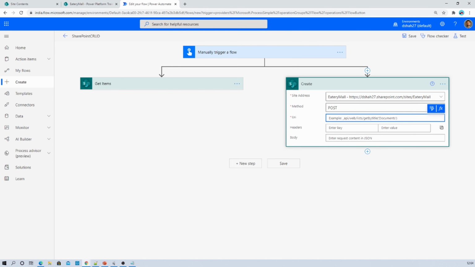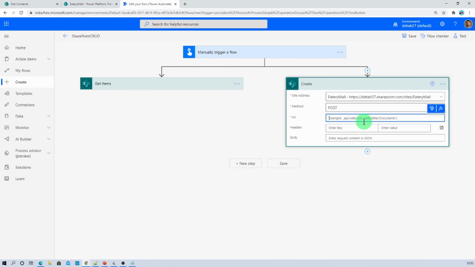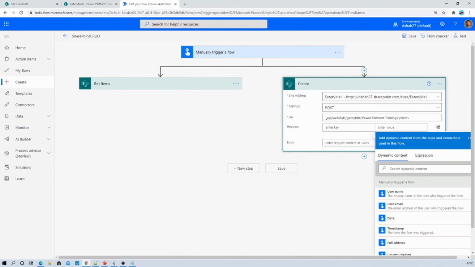Then we need to provide the URI. So URI would be something like this. The URI would be underscore API slash web slash lists slash get by title, and inside that we need to provide the list name and slash items. So let's copy that and add that over here. Then we need to add the values in the header.